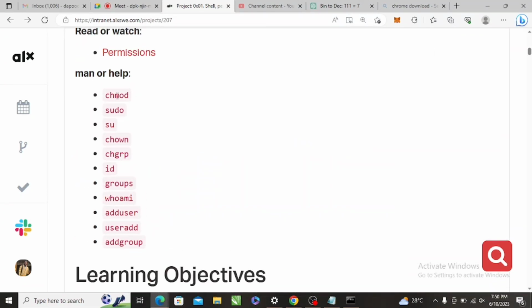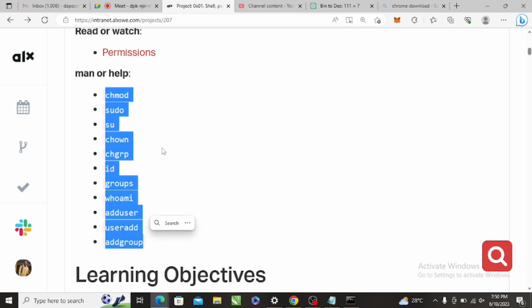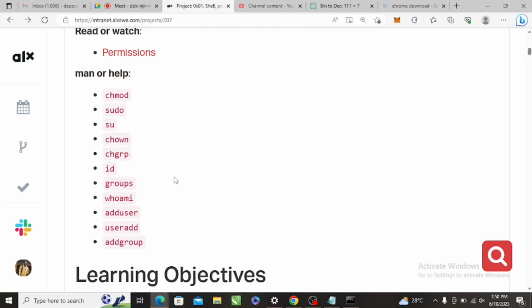So you should be able to know these commands. I will pick the commands one by one, and then we'll use them. The first is change mode. I call this one change mode. It is chmod. Okay, so for example,